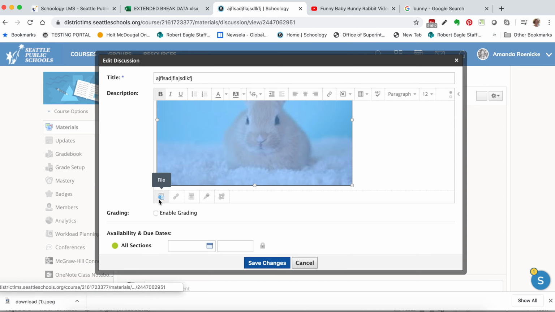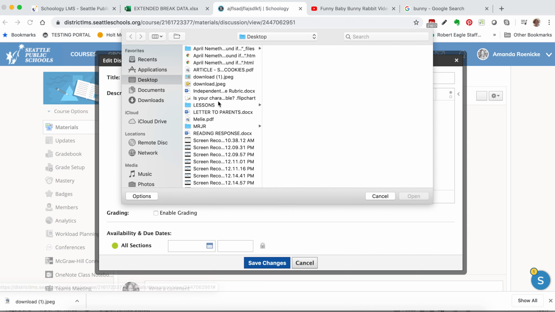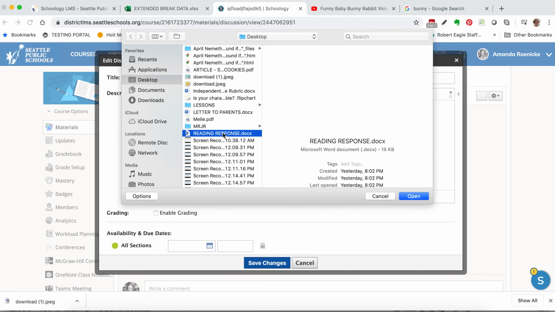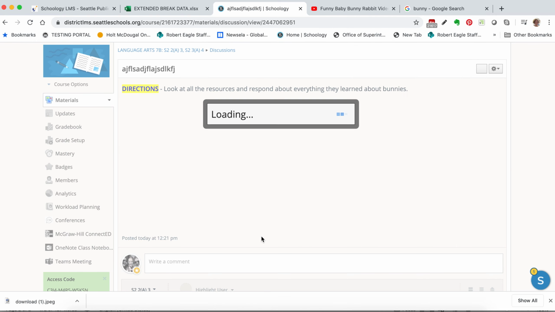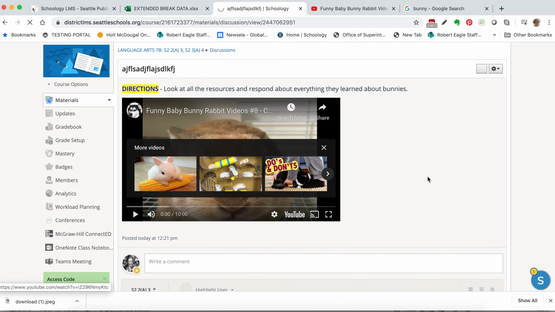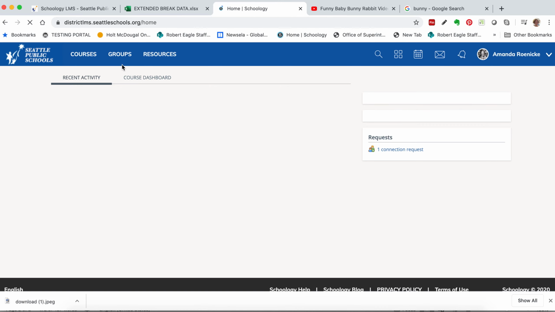Also, if you want to add a file, like say I have a file that I want students to access, I'm just going to add a random one, I can add that there. Okay, so now I'm going to click save. So now when I go to my discussion,